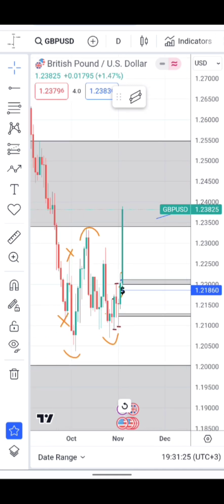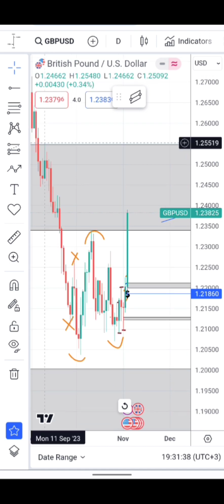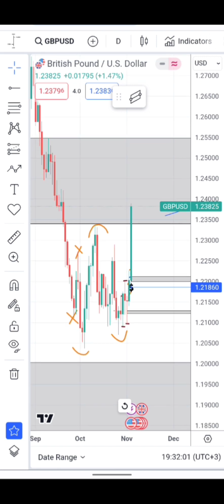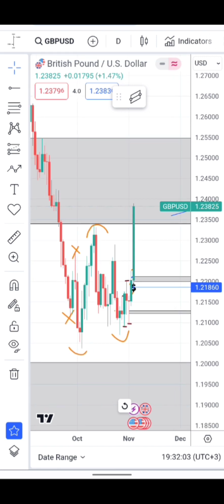possible points GBPUSD is likely to head to, it's still the 11th September high, which is also the high of the monthly fair value gap. We're expecting price to go ahead and fill it, looking for retracements on the lower time frame, the pullbacks, and entering buy orders with the aim of filling that monthly fair value gap. So moving down